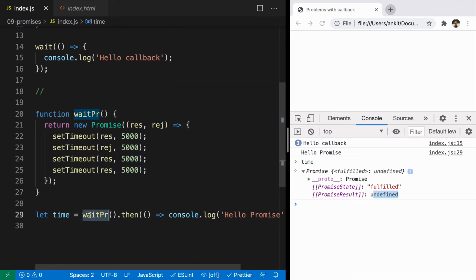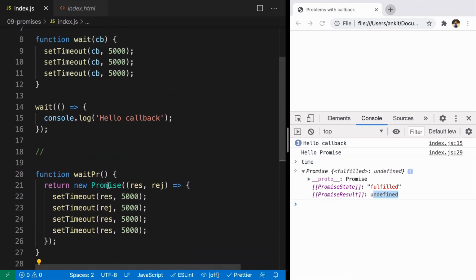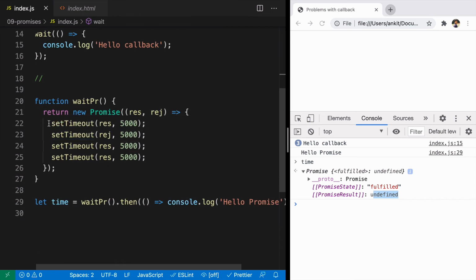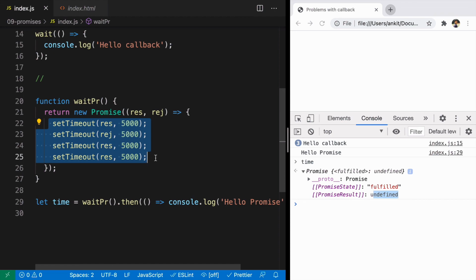So this is the code that is running in present and this is the code that is running in future. I have control over both of them. Promises solve the problem of inversion of control, and it also solves the problem of a function being called multiple times. Here, the promise can only be resolved once. That's all.